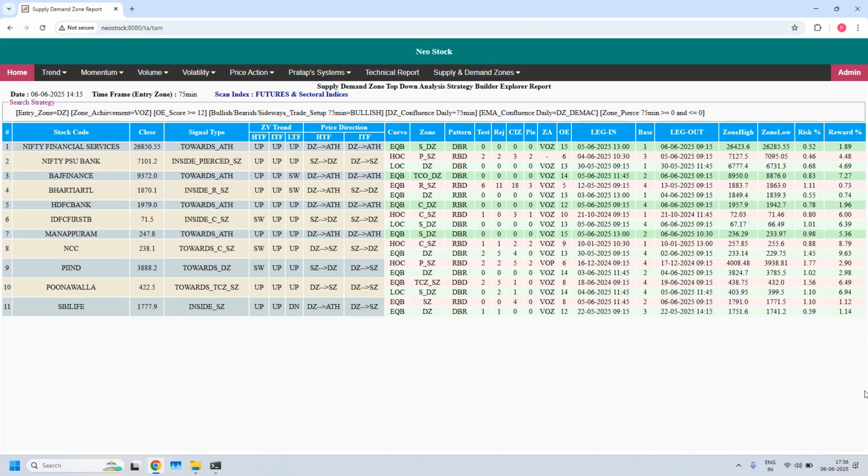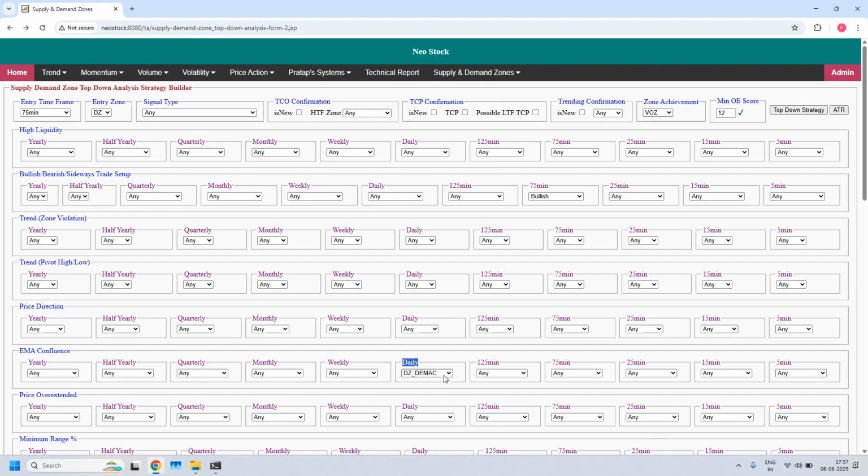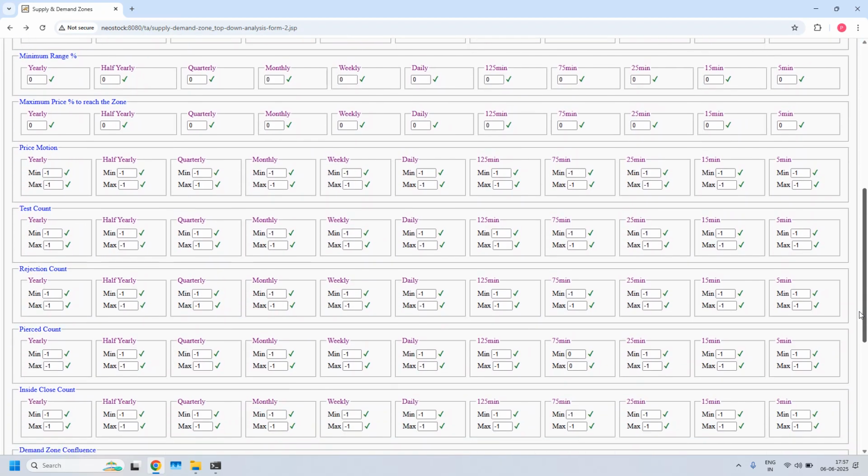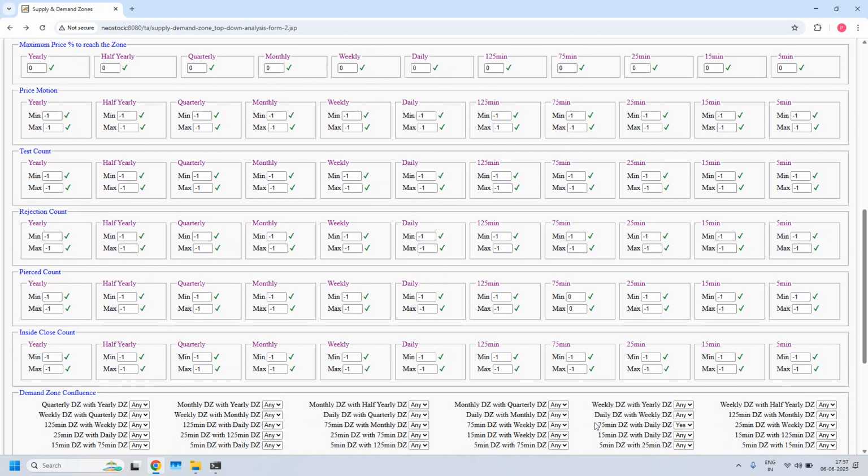Okay, next we will look into LTF, ITF and even HTF demand zone confluence supported stocks. That is 75 minutes, daily and weekly demand zone confluence. I removed EMA filter. In the demand zone confluence, 3 filters I have to set. First filter is 75 minutes and daily. Next 75 minutes and weekly demand zone confluence. Daily and weekly demand zone confluence. By enabling the 3 filters,